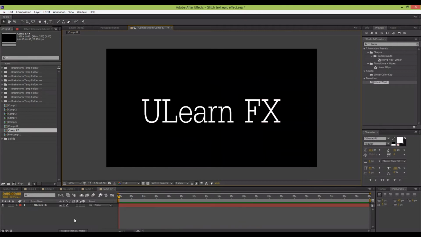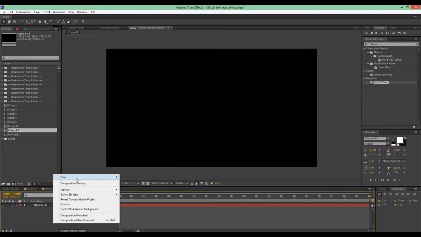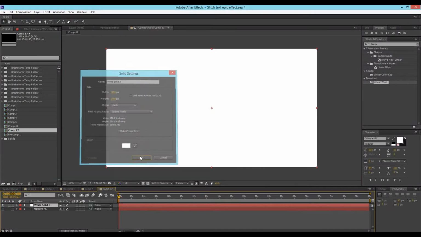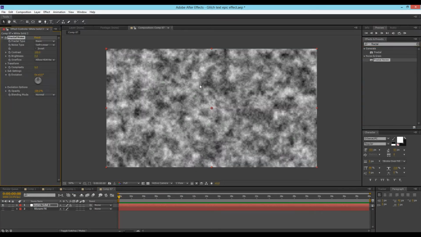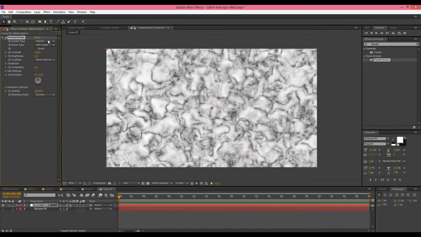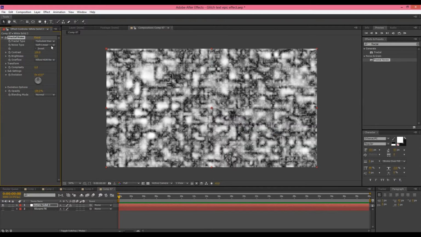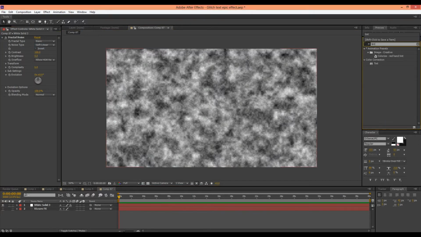Okay, so now that we have this, I'm going to just turn this layer off for now and make a new layer. New solid. Doesn't matter the color. I'm going to add fractal noise to this. And here we go. I'm actually just going to leave it like this. Any fractal noise setting will really pretty much work for an effect like this, but I'm going to just leave it right how it is. And I'm going to add the tint effect,